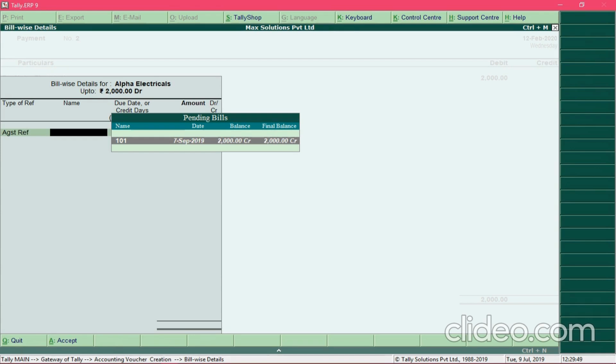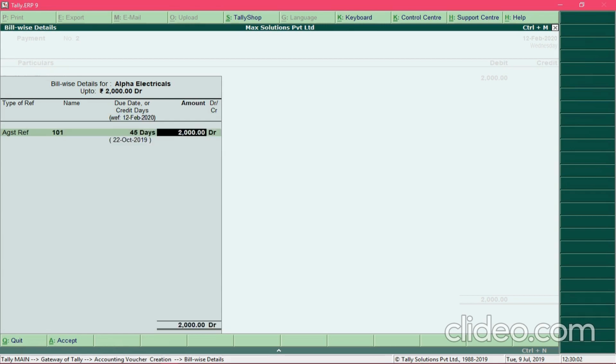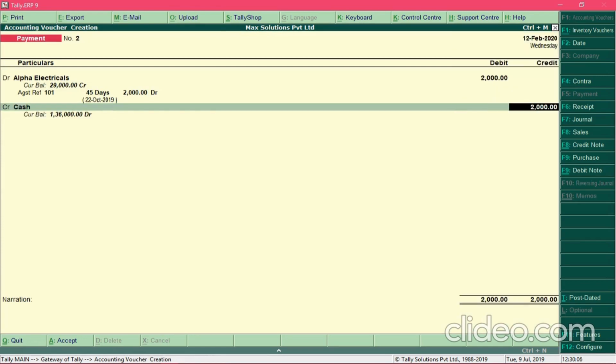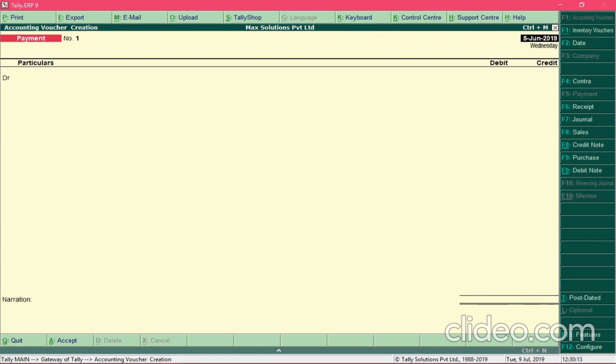So select the bill against which we are making the payment. There could be more than one bill present over here, so you need to select the appropriate invoice towards which you are making the payment. So I'll select this bill and I will credit my cash account because I am paying the amount in cash, and press Ctrl A to save the entry.